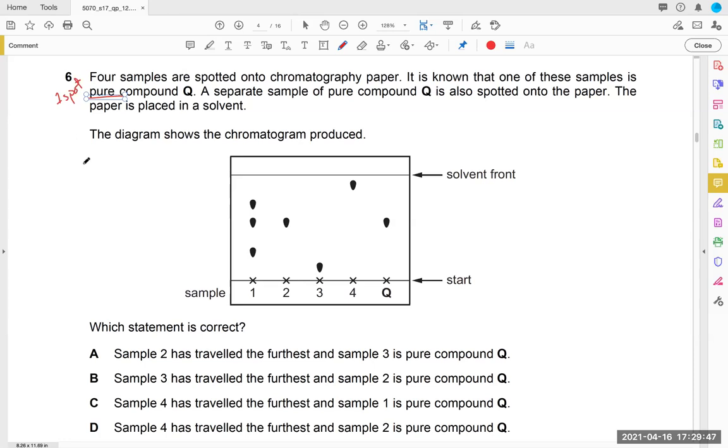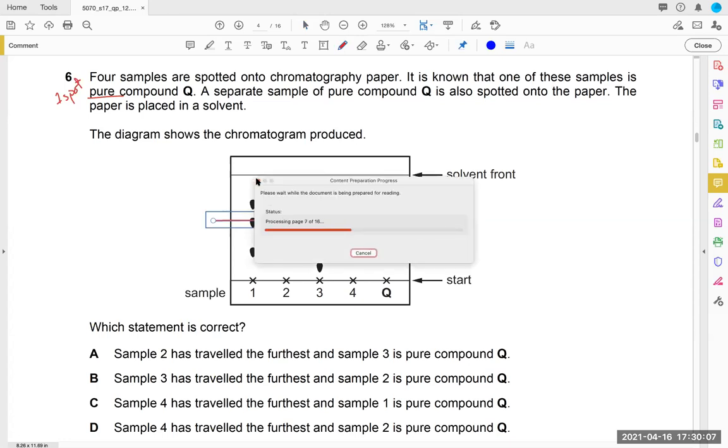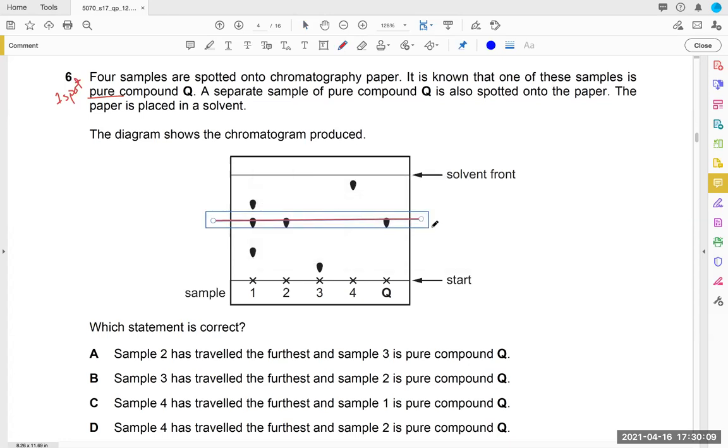ठीक है. अब वो कह रहा है कि किसी एक के अंदर Q है और बाकी में एक प्योर Q भी उसने कर दिया. तो आप देखो, we'll use the horizontal line test, and the horizontal line test basically tells me कि जहां पर Q है उस लेवल पे कोई चीज होनी चाहिए जिसमें Q होगा. So here you can see that 1 and 2 both have Q in them because they're on the same horizontal level.